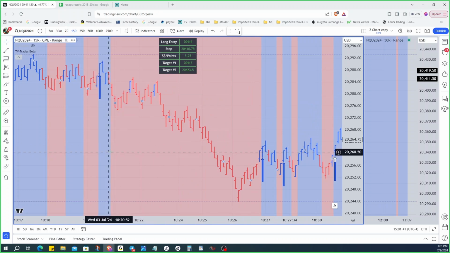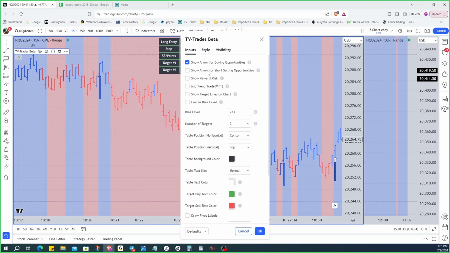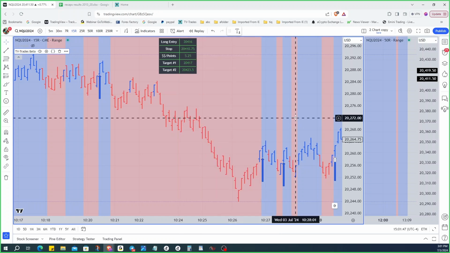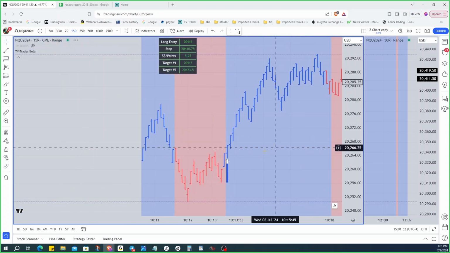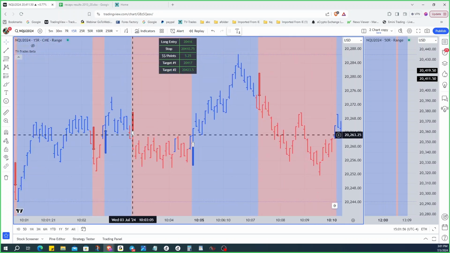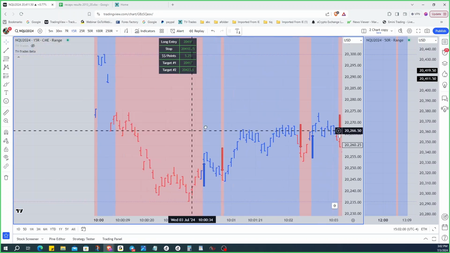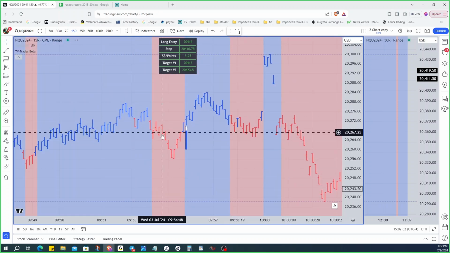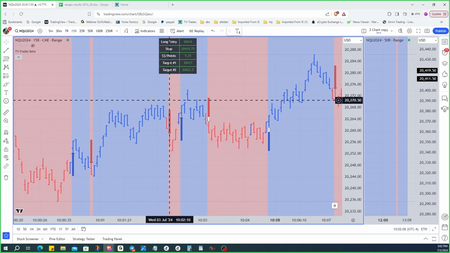Magical, isn't it? Now, by default, everything is still the same. By default, there's no short trades in here. But if you put the shorts on, it'll do it for the shorts too. The formula's got to hit for the shorts, but you still get the shorts like you always would. Now, if you put the bias on and it doesn't print the short arrows, or it doesn't print the long arrows, like this case right here,